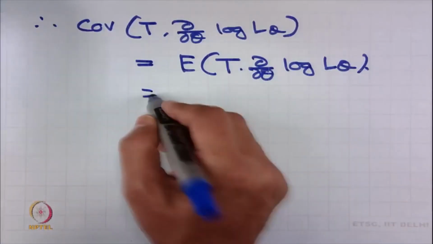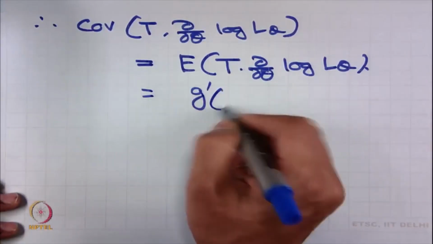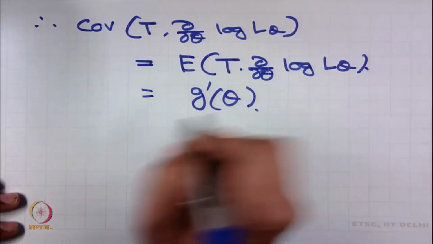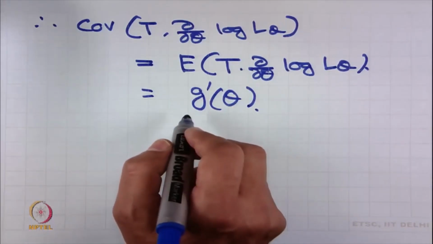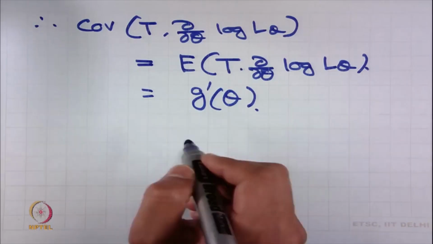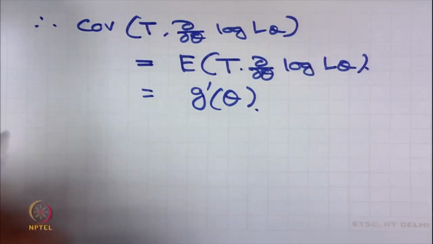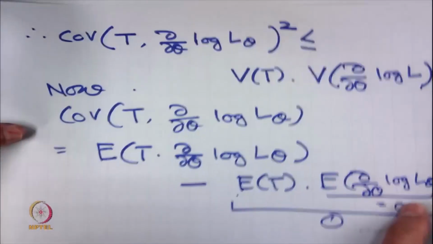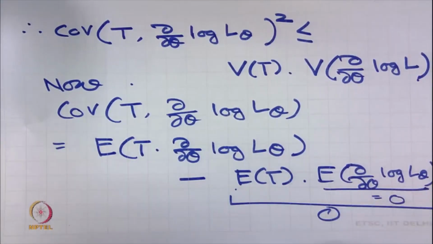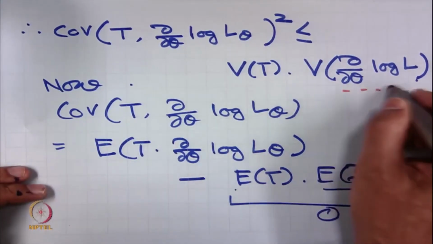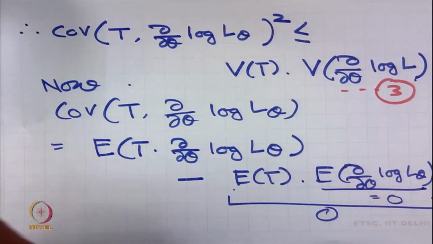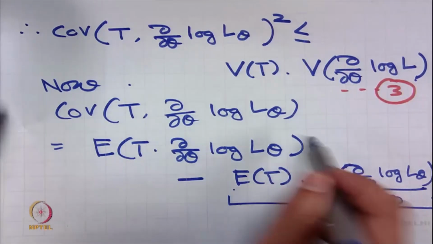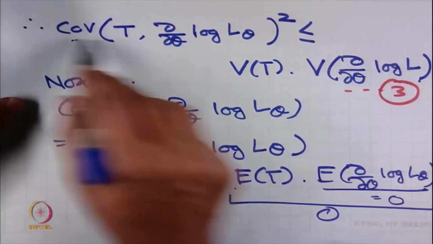Therefore, this is equal to g prime theta. Now, let us look at this. Let me call it 3. Therefore, by putting the value g prime theta here,